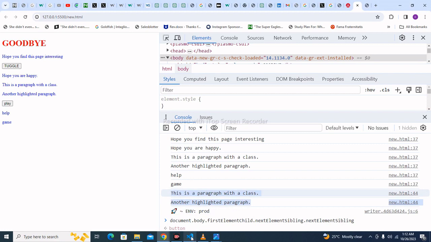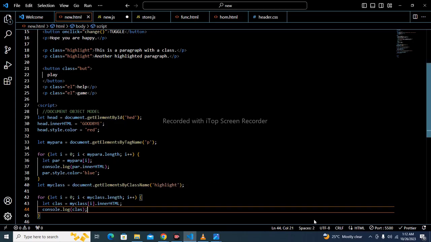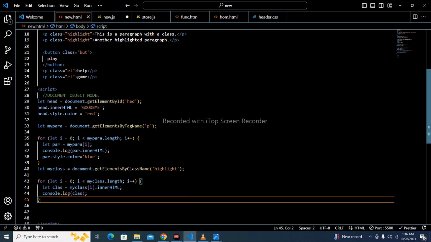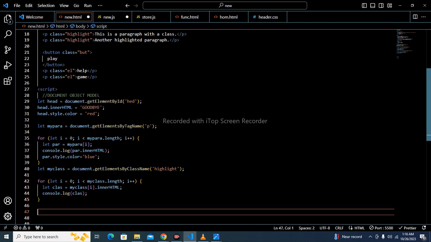So let's go back. Now we've used getElementById, we've used getElementsByTagName, and we've used getElementsByClassName. Next, we are going to use a very powerful method, which I think is the most popularly used method, the querySelector method. Let's use our first querySelector method to target